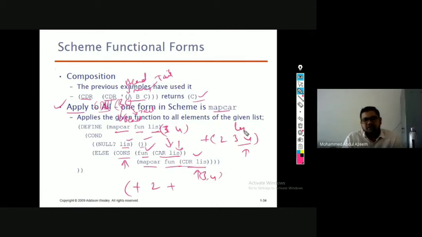Got it? Now when you pass this, what happens here? You are going to check the list. The list is not nil, so you go to the else part, where you are going to again generate the car of the existing list. Car of the existing list will give you what? 3 here, right? So you got 3 here. Then again you are calling the same function, map car, by passing the function that is plus, and CDR of list. CDR of the existing list is going to give you 4, right? The remainder part of the existing list will be 4. So the next time you are sending is what? 4, right? So 4 is being sent.